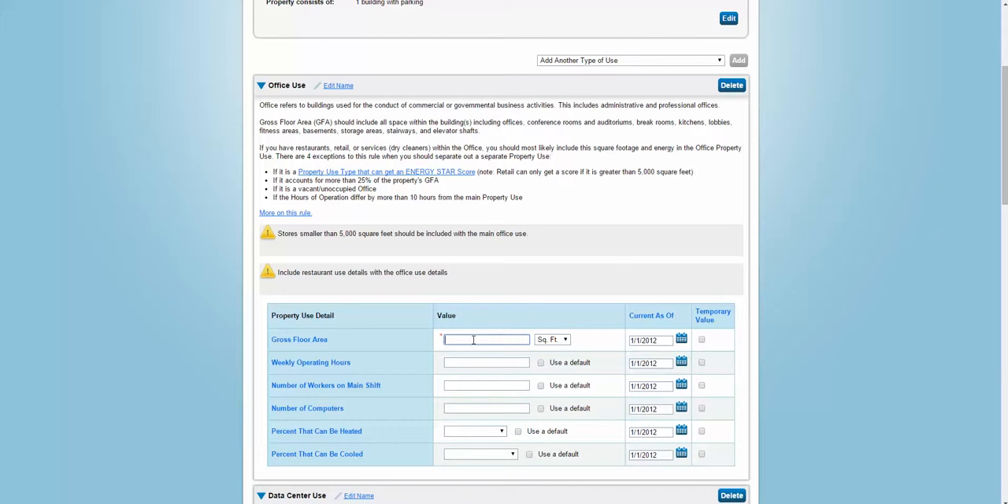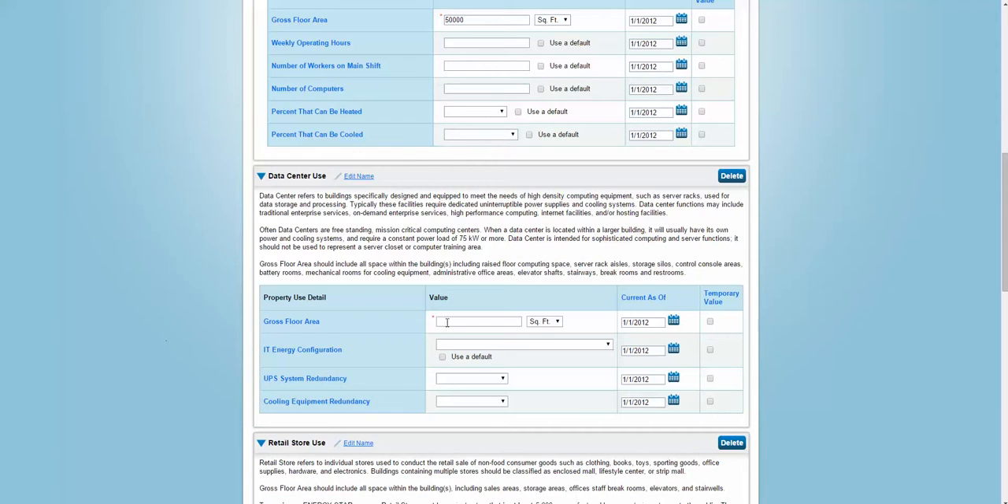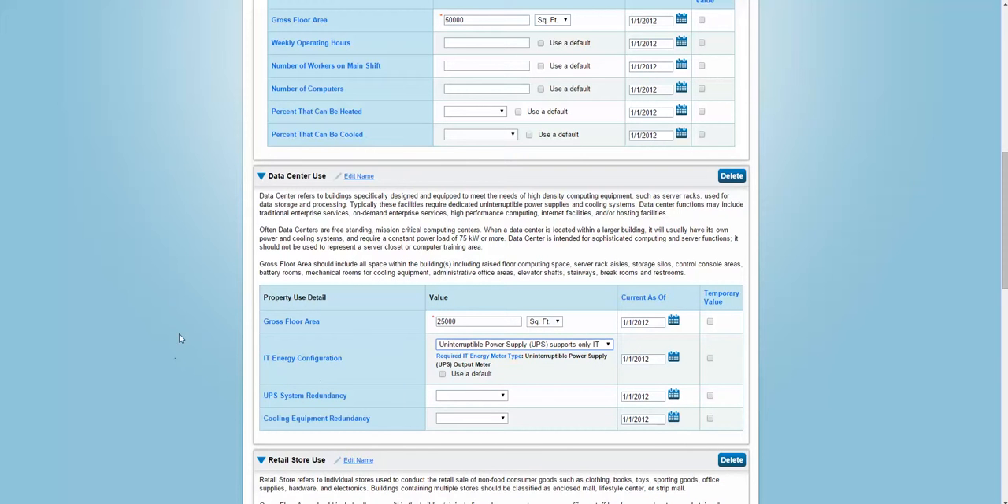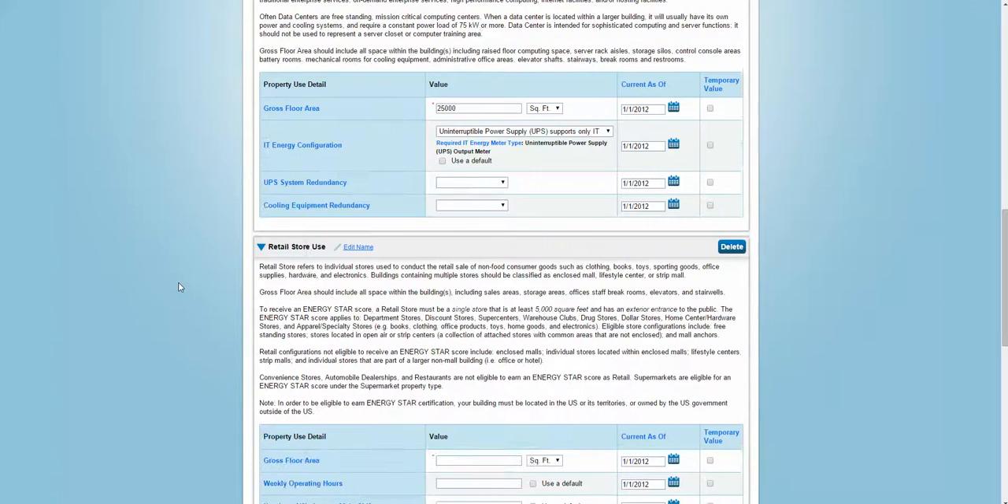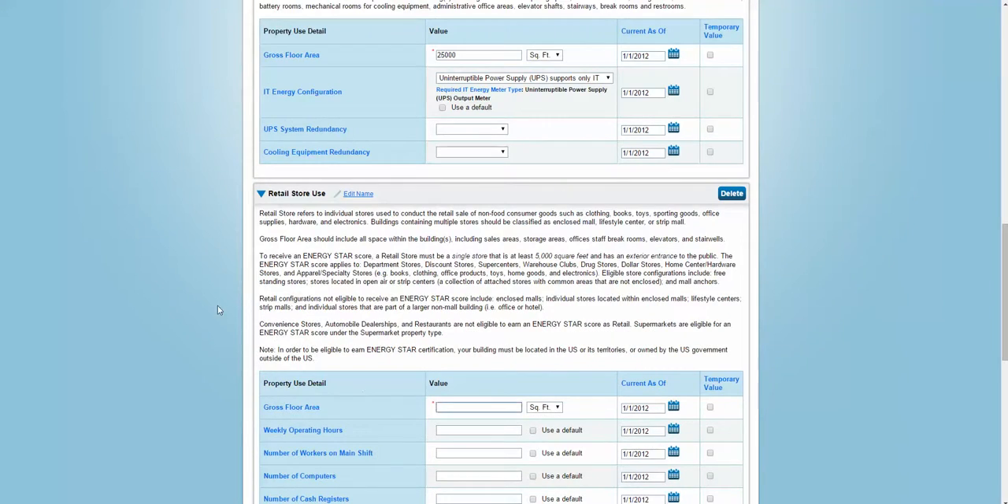We're going to say that 50,000 of our 100,000 is office. 25,000 is, just to make the math easy, data center. And just a hint, you're almost always going to select this option, the UPS power supply, for data centers. And then our retail will be